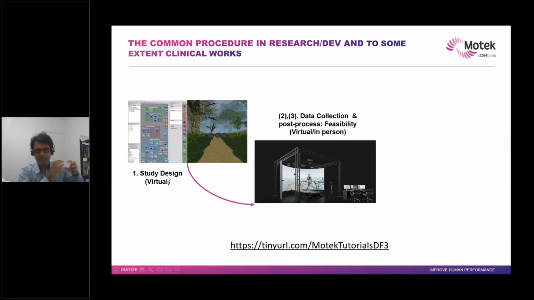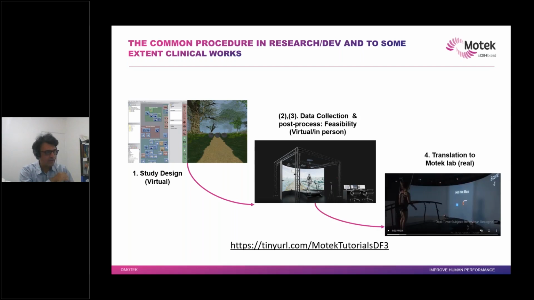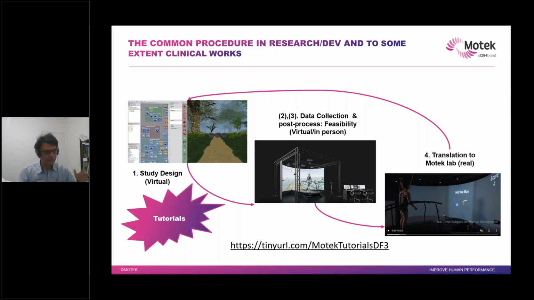And then if you have an idea and you develop something simple, you take it to, let's say, a lab for feasibility studies, all right? And then if you're fine with it, you take it to a larger group and do the actual test. And as you all know, this is not a very straightforward, easy one, right? It's just a loop. It may take quite a lot of time to design a proper study, like 6 months or 1 year or more. And what I'm going to focus on today, because it's all virtual, is